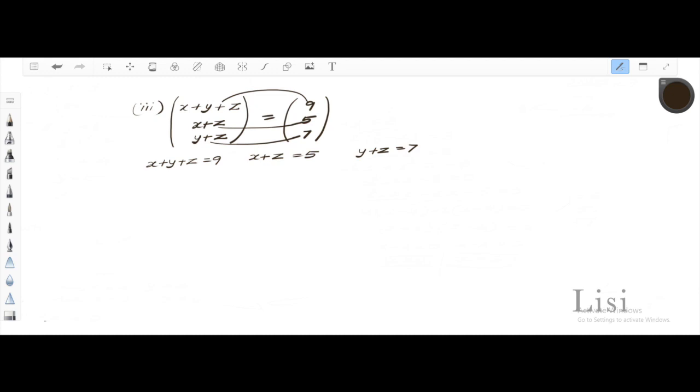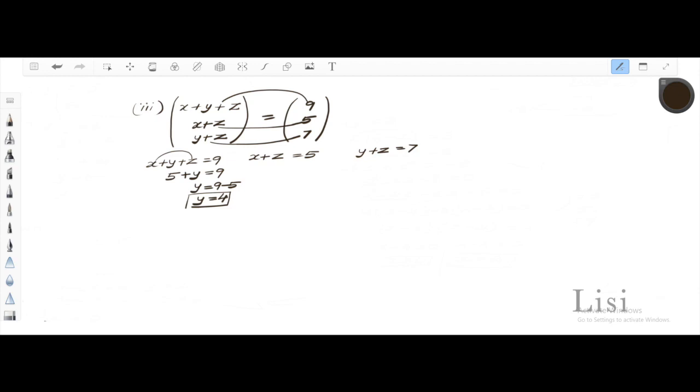And now, see the first equation, x plus y plus z is equal to 9 you are having, isn't it? You take this one, ma. The second one you are having, x plus z is equal to 5, isn't it? You group this x plus z. Instead of x plus z, you put the value 5. And what is left? Y is left, isn't it? So plus y is equal to 9. Now y is equal to 9 minus, take this 5 to the other side, just minus 5. 9 minus 5 is 4. So your y will be 4.